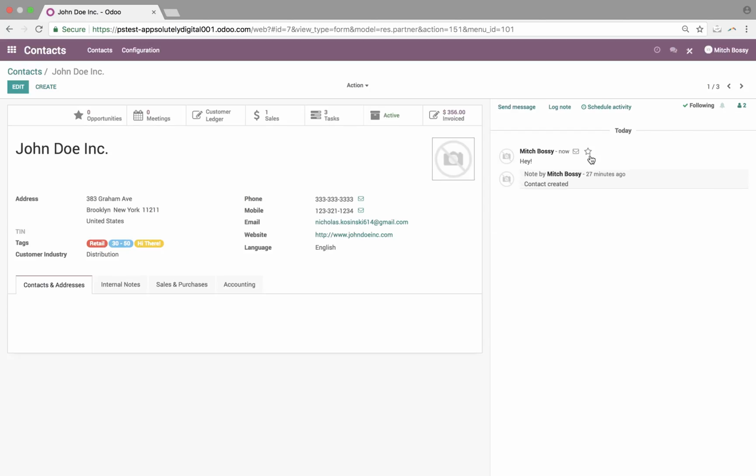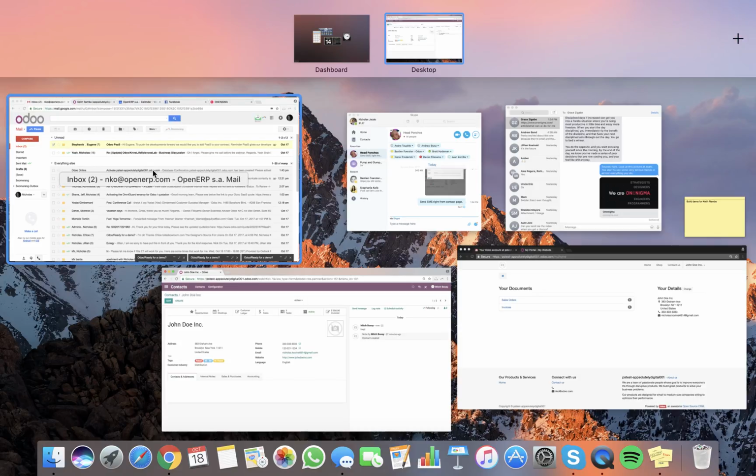It'll track that, and if John Doe responds to this message, of course, it will track John Doe's response as well. Do keep in mind that you must initiate any contact that you have with a client out of the system in order for it to keep track of that in the system. And we'll see here, if I look at the email